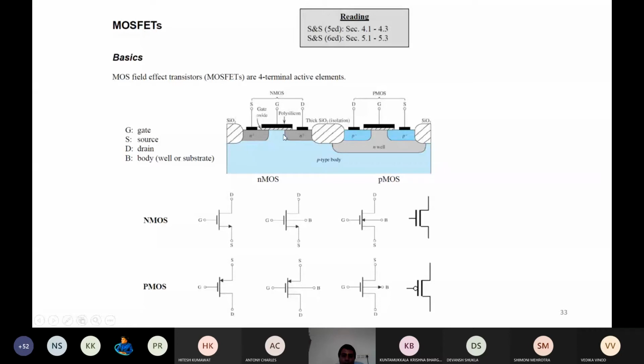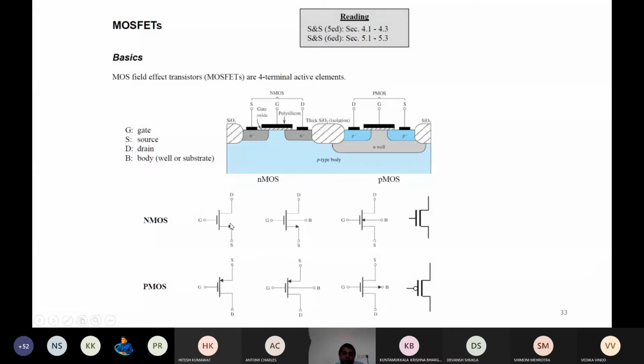The CMOS structure requires NMOS as well as PMOS on the same body, on the same substrate. This portion is NMOS and the second portion is PMOS. We will frequently utilize this logic. CMOS logic will be used in designing various circuits in the coming units. Here are the symbols for NMOS, with three terminals plus the body, and similarly the PMOS symbols. The PMOS symbols are given downside, and the NMOS symbols are on the top side.